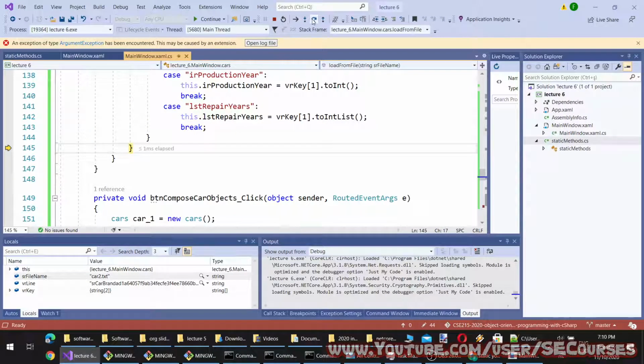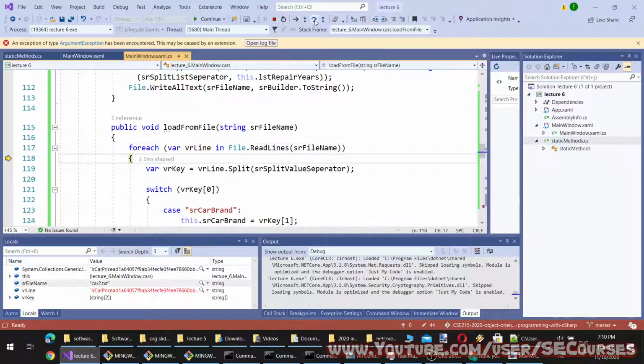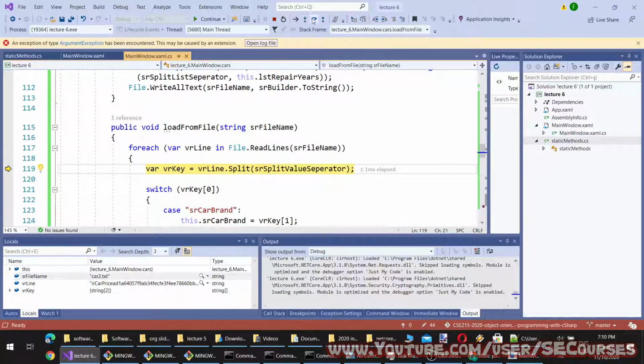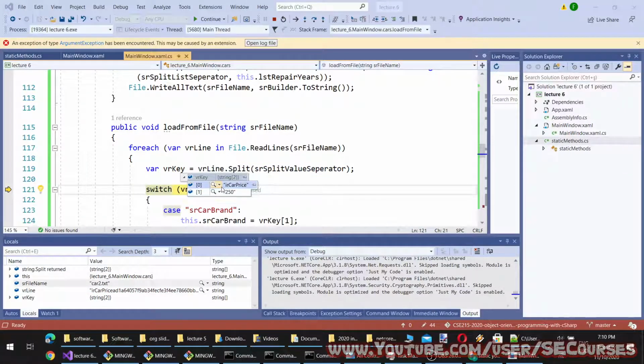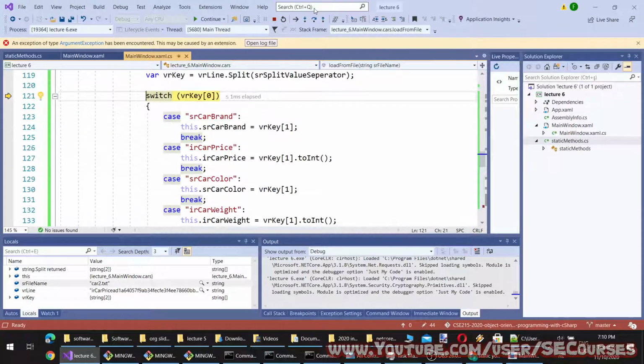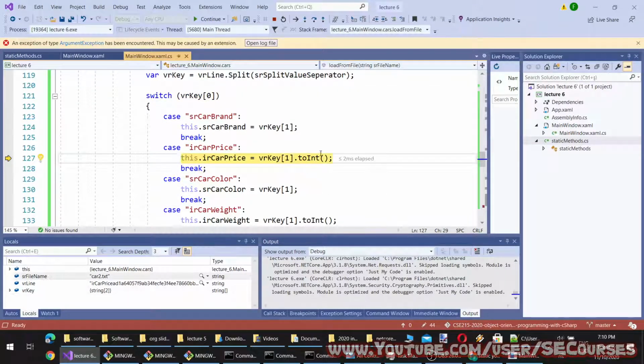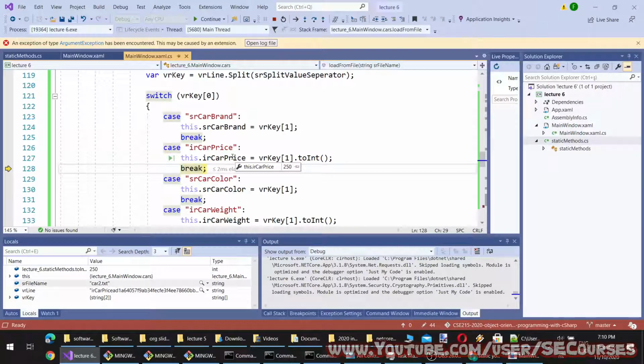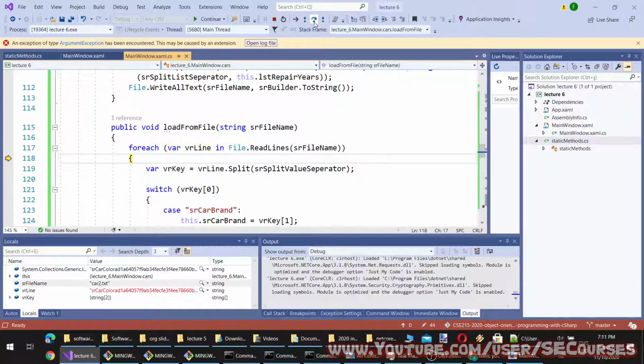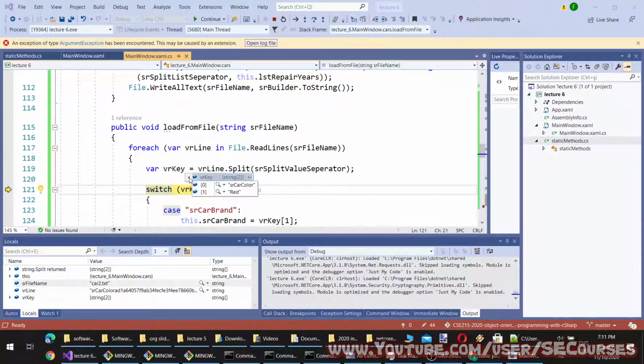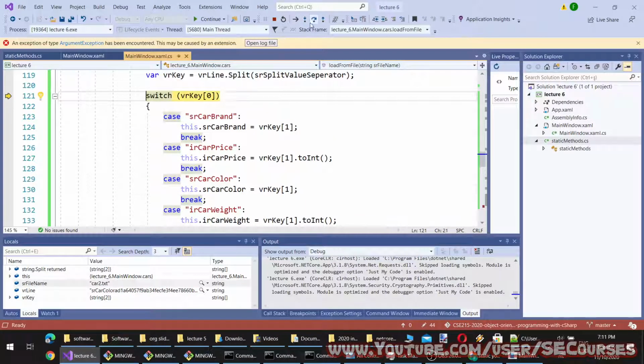Then it will continue to the next line, which is IR car price. It will get into another switch case, and it will be assigned as 250. Then the second line will be SR car color, and it will continue again.